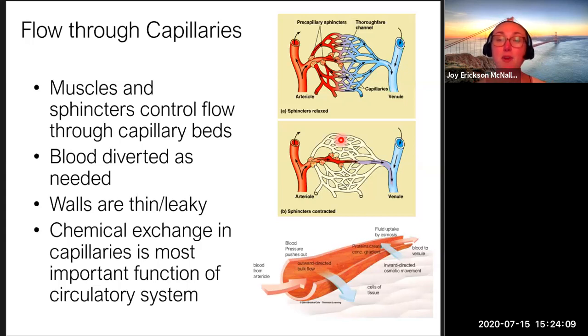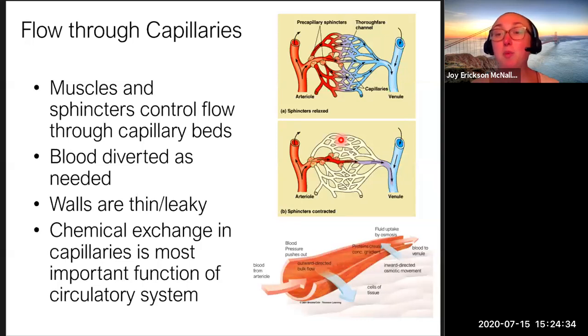So as I said before, it's diverted to your digestive tract after you've eaten, or it's diverted to your skeletal muscles. Those are the muscles that help you move your body. You divert blood to your skeletal muscles and your skin during intense exercise. Some of us, I know if I go and run a mile, my face flushes, right? That's part of it because they're diverting blood to the surface of your skin to help cool you down, right? So it's the same idea here.